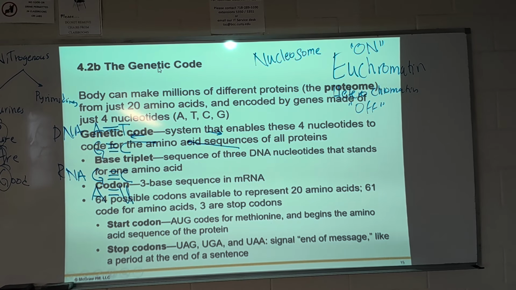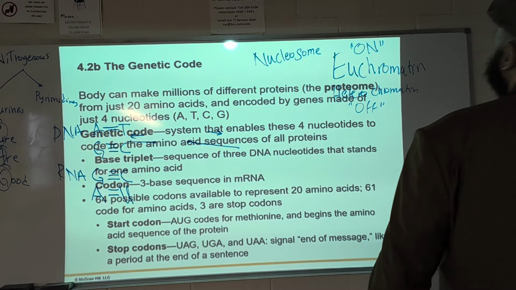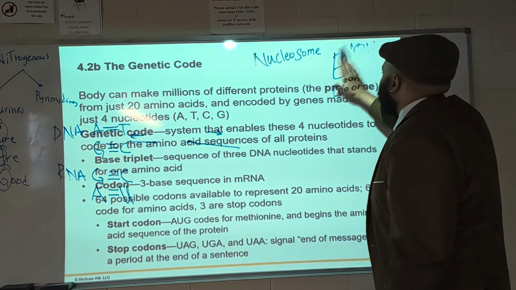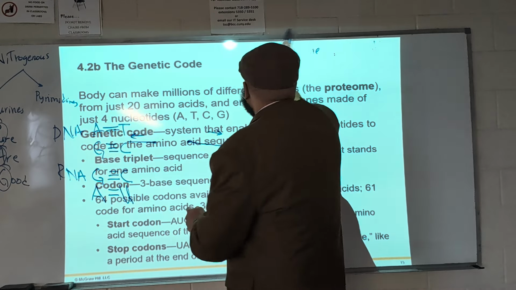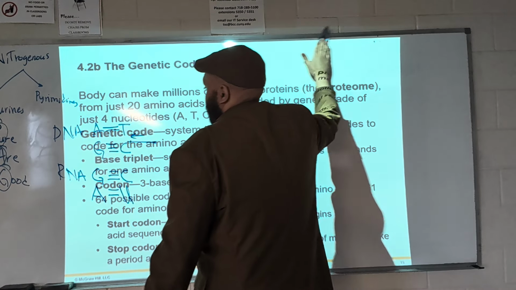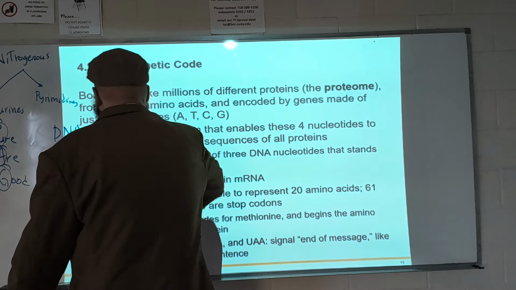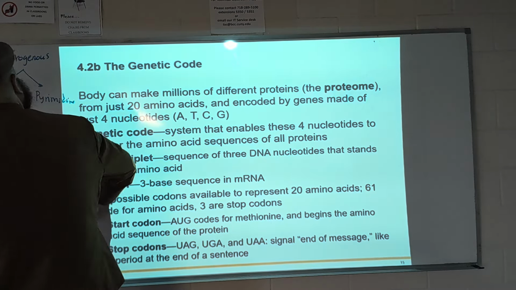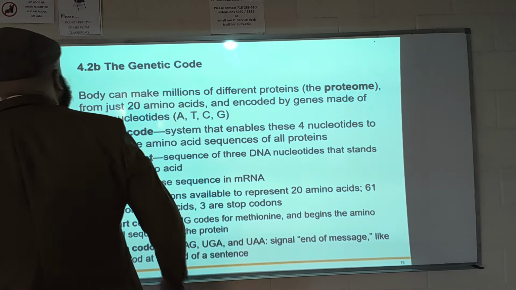Okay, the genetic code. So now we're zooming in. We talked generally about what a gene is, so now we have to narrow down and look at exactly what a gene looks like. Everybody write this down, because you have to upload it at the end of the lecture for your in-class credit. All right, so the genetic code